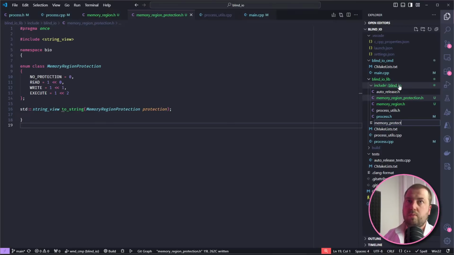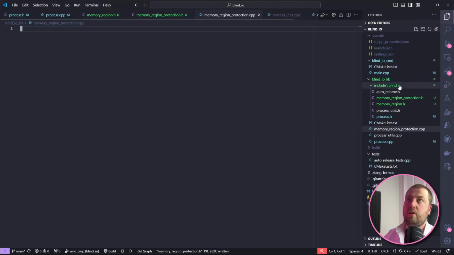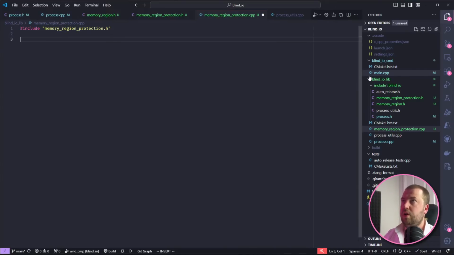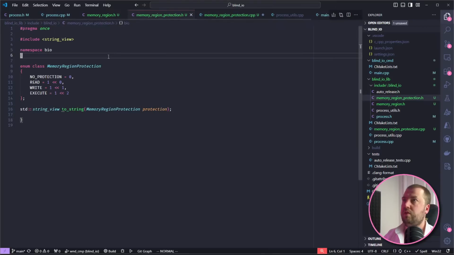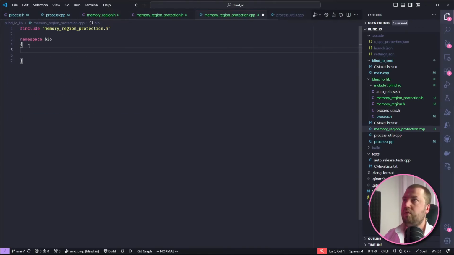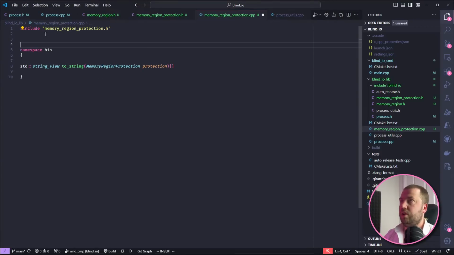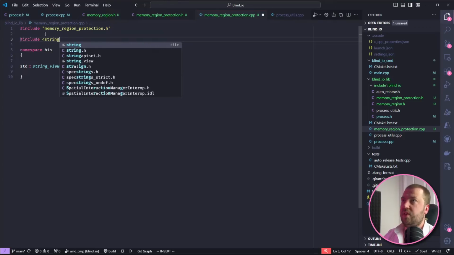Memory protection. Right, okay. So this is going to include memory region protection. Whack it in the namespace, and then let's just yoink this over. And then that's also going to need to bring in string view, why I'm using that will make sense in a second, hopefully.